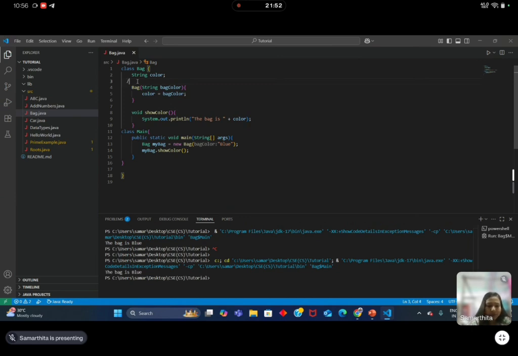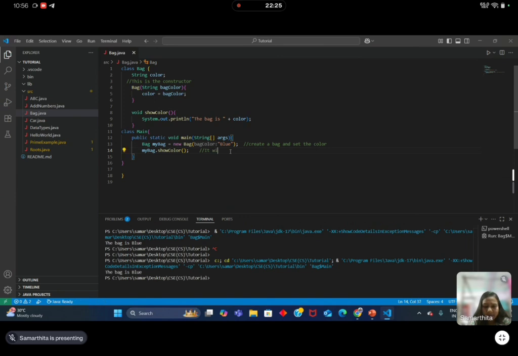So this is the constructor. Okay, and here I have created a bag and set the color, and what does it do?